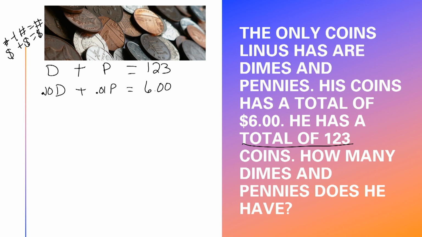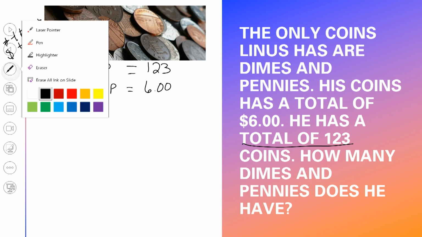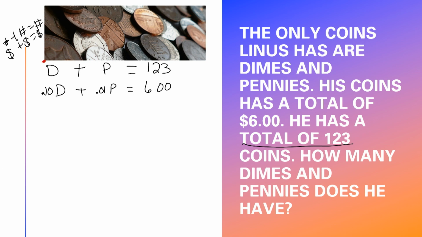All right, so what I need to do now is to think, which one of these do I want to eliminate? Well, I am going to eliminate my dimes. So I have 0.10, a positive on the bottom, so that means I need to have an opposite on top. So I need to have a negative 0.10. So I'm going to multiply everything on top by a negative 0.10. So here we go. So I have negative 0.10 dimes plus, nope, not plus, because when I add a negative, it's just like subtraction. So I'm going to have minus